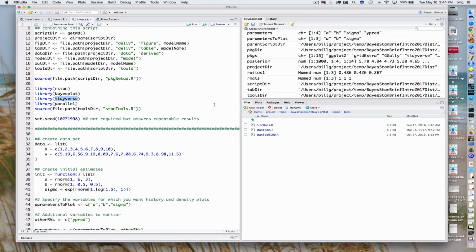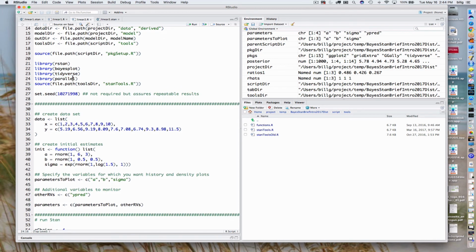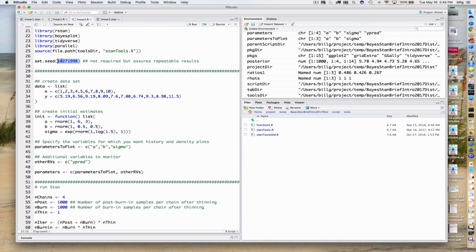And somewhere along the line, I've drunk some of Hadley Wickham's Kool-Aid here, so I tend to do most of my data management using stuff out of tidyverse. Actually, I don't think we're going to use parallel in this example, but I do for many of the other examples. Okay, we'll move on. I set a seed, which again you don't need to do, but if you want to get repeatable results, that's a way to do it when we're dealing with things like this where we have a number of random number generation steps. Here I'm specifying the data